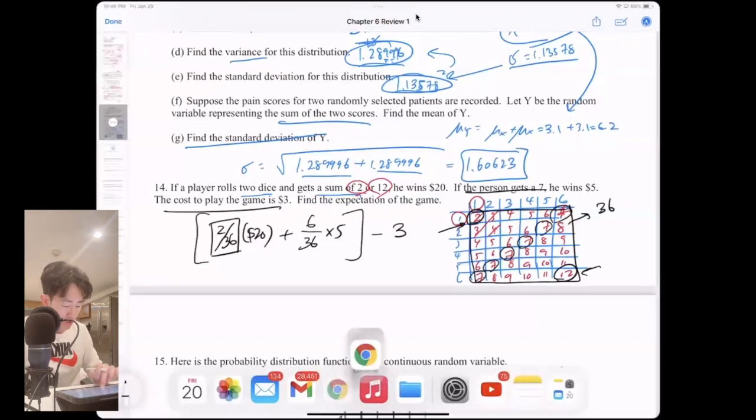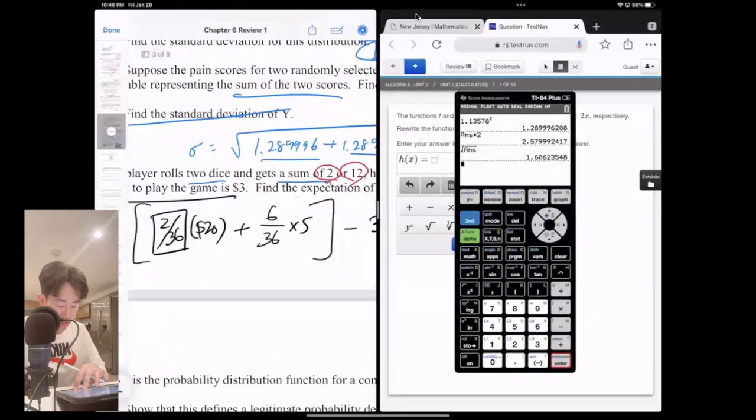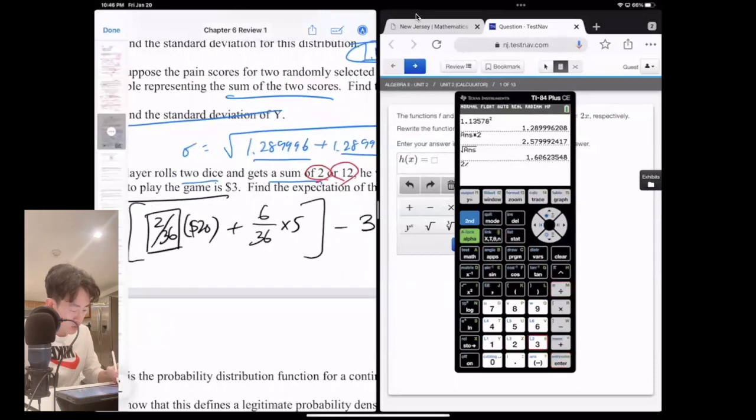So rely on your calculator one more time. We're just going to simply type this in. So 2 out of 36 times 20. And we're going to add 6 out of 36 times 5. Which gives me